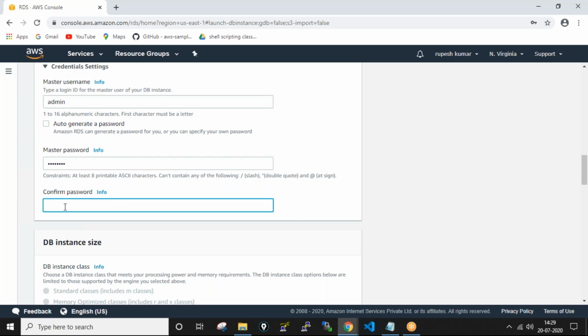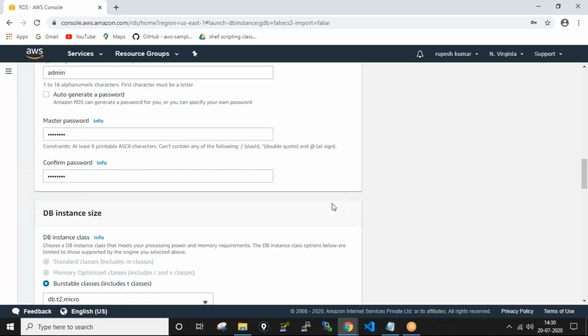You can give any other password also, no problem. Make sure you remember the username as well as the master password. After creation of the database, we are going to connect the instance to the database. At the time of connection we are going to require this username and master password, right? So we are going to use those details.